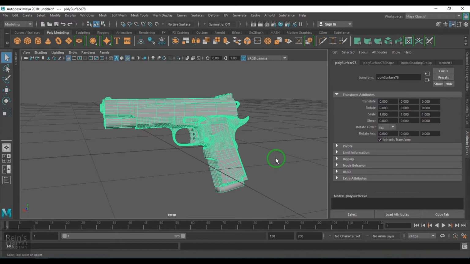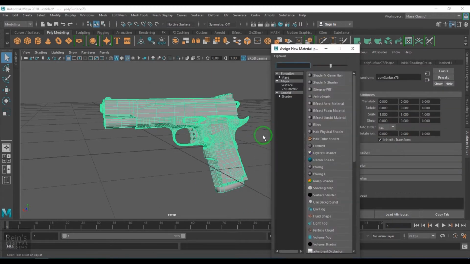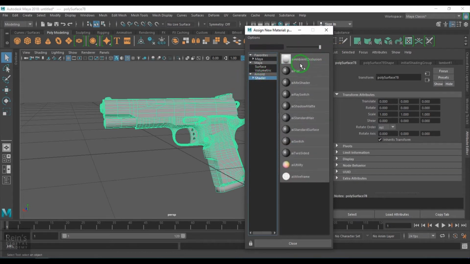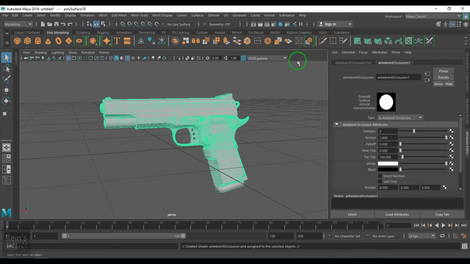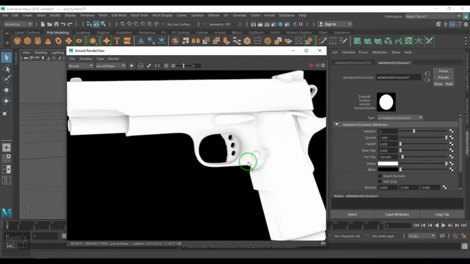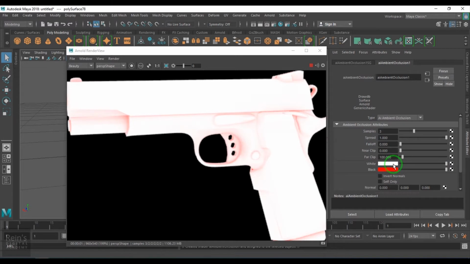Let's see. To get the ambient occlusion or the curvature map, we have different shaders and textures. First, let me see what ambient occlusion is. I'll go into the shaders, and in the Arnold section we have AI ambient occlusion. It's a shader that you can render directly. If I go to the Arnold render view and hit render, you get the ambient occlusion. Ambient occlusion generally gives the contact shadows, the darker version.